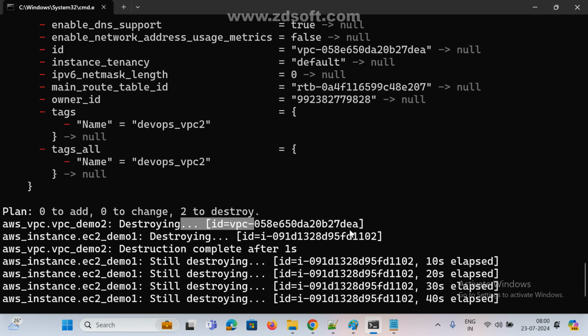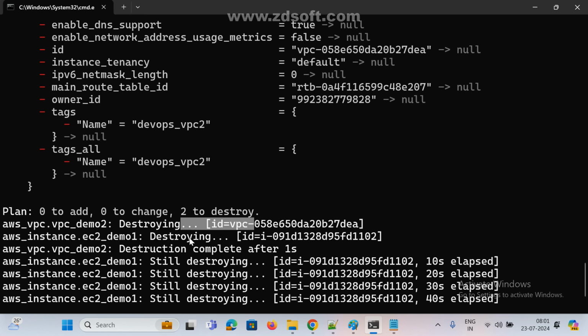Clear? Now one resource like that I made into a non-Terraform resource. Now it won't be removed. If you want to remove it, we need to remove it manually. Clear? Anyone any doubt as of now? I hope you got some idea, right?